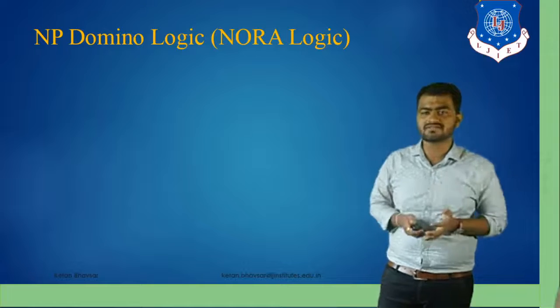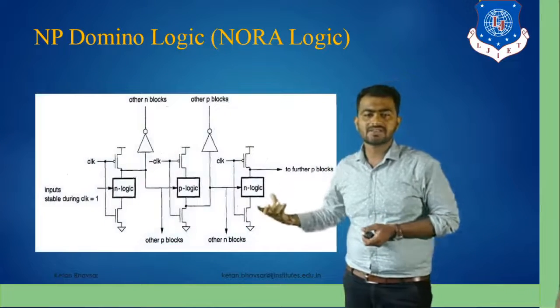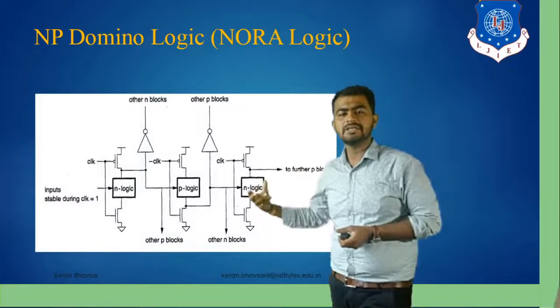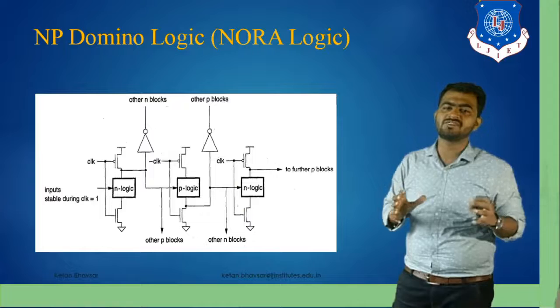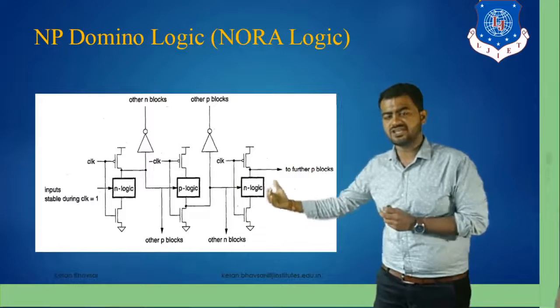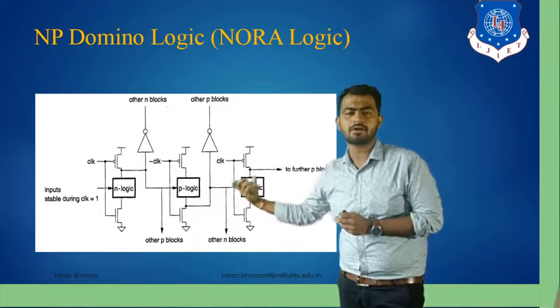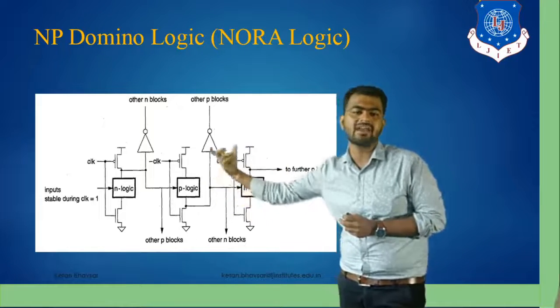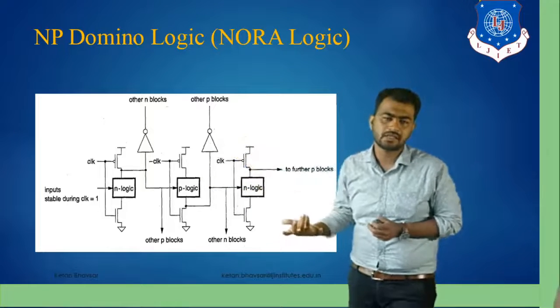We're talking about the NORA logic family, or the NORA logic circuits. As you can see in the NORA logic circuit, what exactly do we do? In specific domino logic circuit, we are considering only an AND block configuration, and we are connected with the inverter. Here you can see we are connected with the AND block and the P block too. We are connected with the clock pulse. We are connected with the buffer input too.